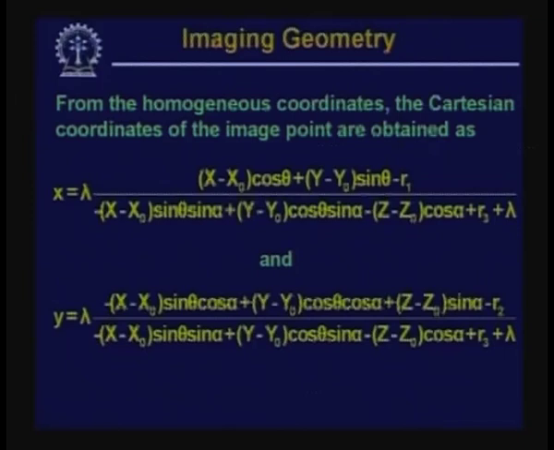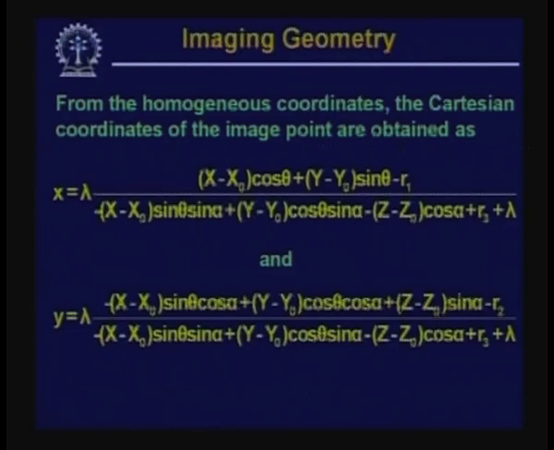You can try to derive these equations, that x equal to lambda into x minus x naught cosine theta plus y minus y naught sin theta minus r 1 divided by minus x naught sin theta sin alpha plus y minus y naught cosine theta sin alpha minus z naught cosine alpha plus r 3 plus lambda, and the image coordinate y is given by lambda